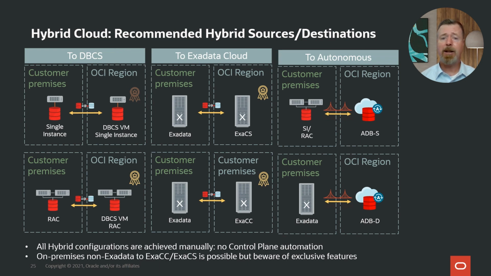As we move to Exadata Cloud, whether we're using our Cloud at Customer or a public cloud offering, it's both gold. And once again, it's Active Data Guard in the picture. And we have a hybrid Data Guard paper that you can look at on the MAA site, which will walk you through step-by-step how to set these up. And finally, Autonomous. So with Autonomous, we don't use Active Data Guard. Instead, we use Oracle GoldenGate to provide the same functionality.